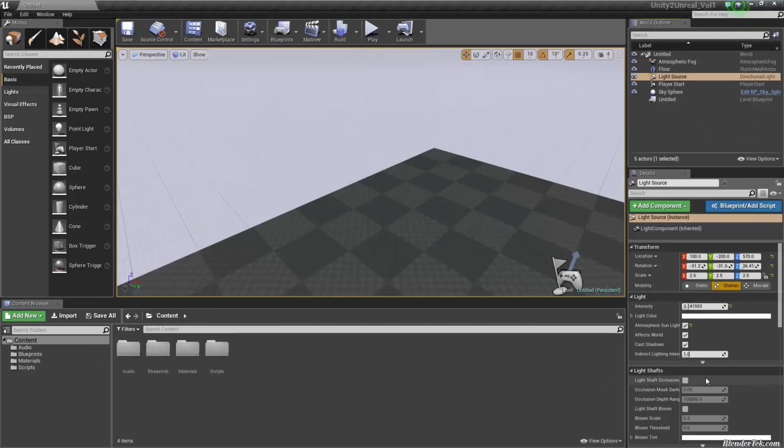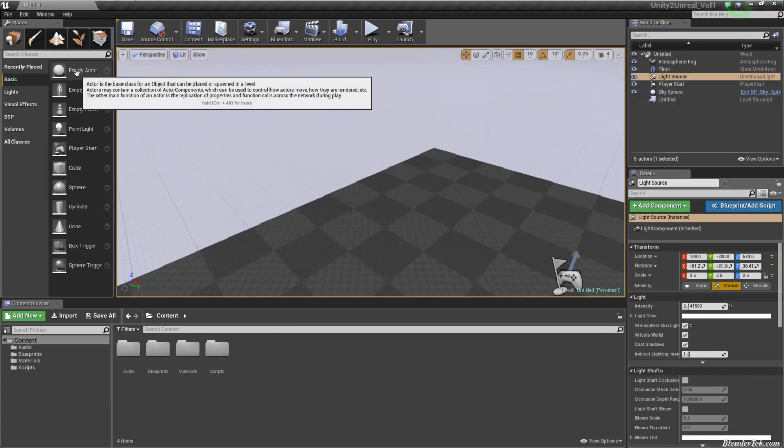And so how I understand this is an actor is basically the base class for an object that can be placed or spawned in a level.